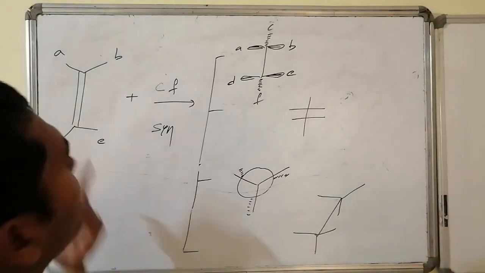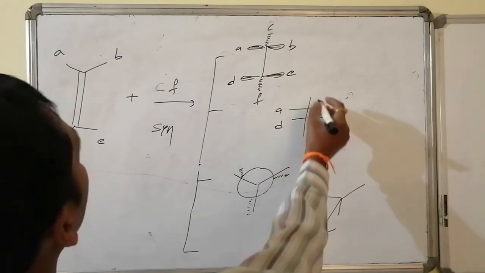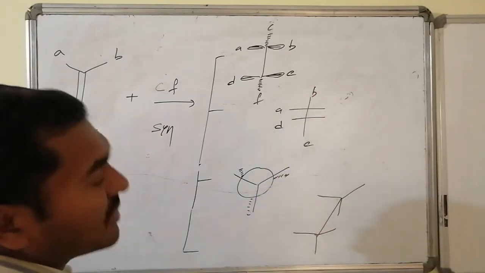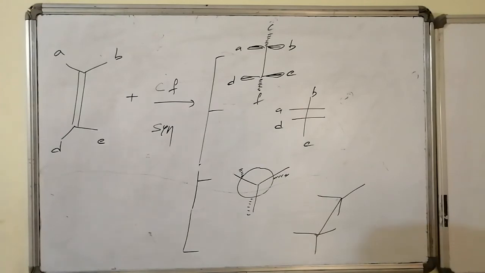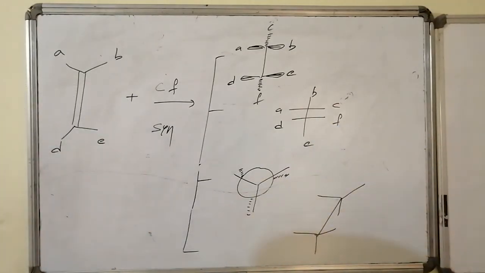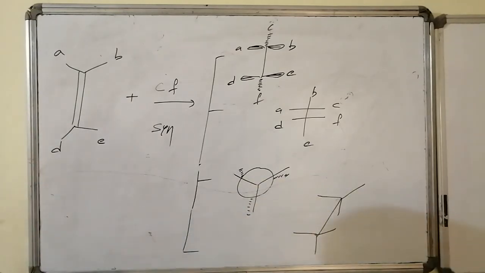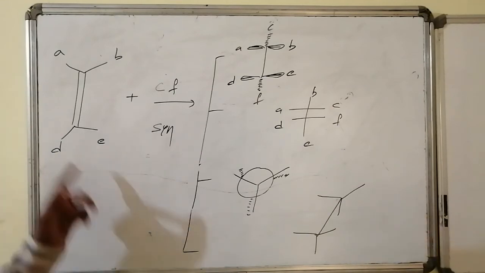First of all, I will write one, and the remaining things you can add, that is A and D. Similarly, here B and E are cis. Whatever groups are going to be added, that is C and F, C and F should be present syn to one another, and that is the way of syn. Similarly, in the case of Newman, if I want to write, eclipsed Newman will produce the corresponding product.